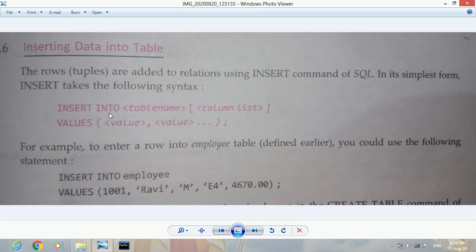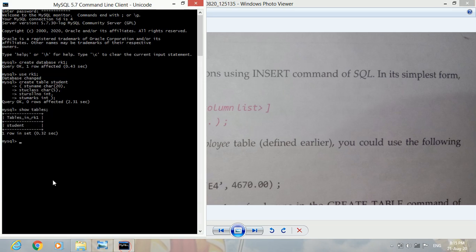So directly we write insert into table name, then we press enter key, then we write the values, then in parenthesis we write the values as per the column names. Like column name is stu name, so first we write stu name, then stu class, then stu roll number, then stu marks. Like this we enter the values, and finally we close the parenthesis and press semicolon and press enter key. Like here given, insert into table name employees, press enter key, then values, then in parenthesis all the values according to the given columns. So let us do the same thing here.